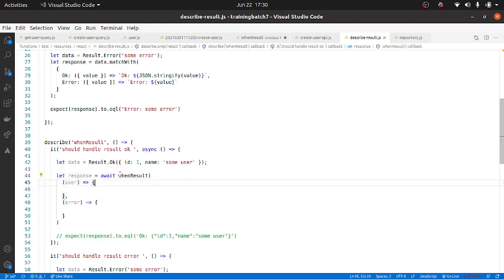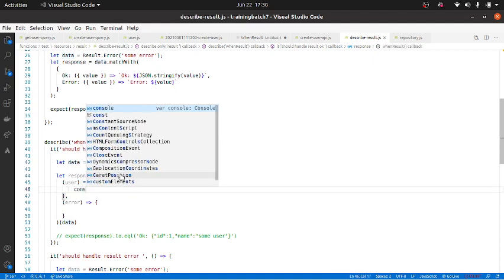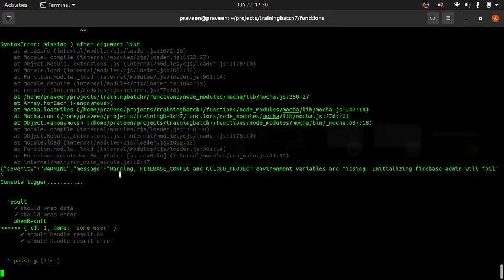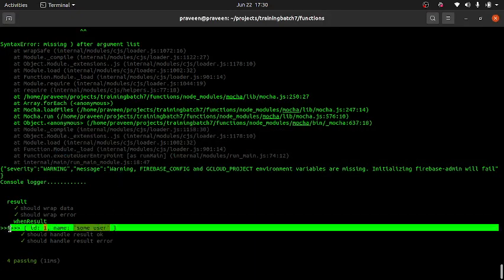Now this when result will take the actual data. Do you remember what the data is? Data is a result object. So now I will do console.log user. Let us look at what happens here, and as you expect, user data gets printed. You see this?